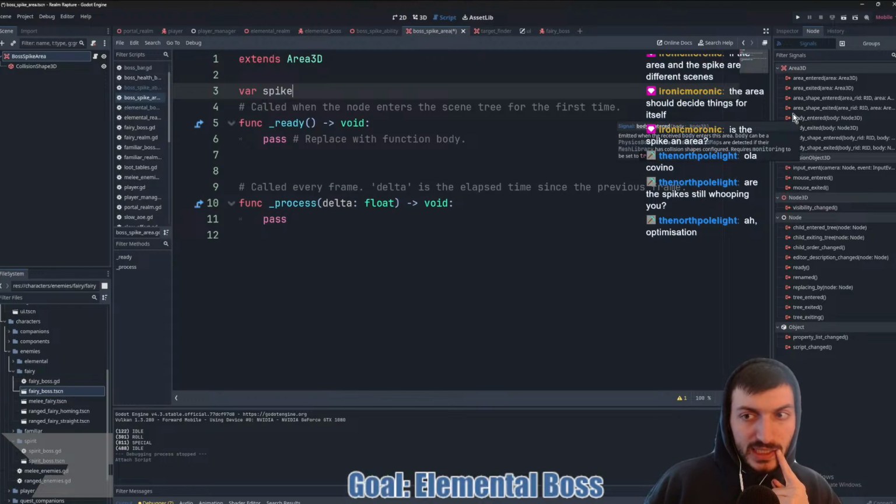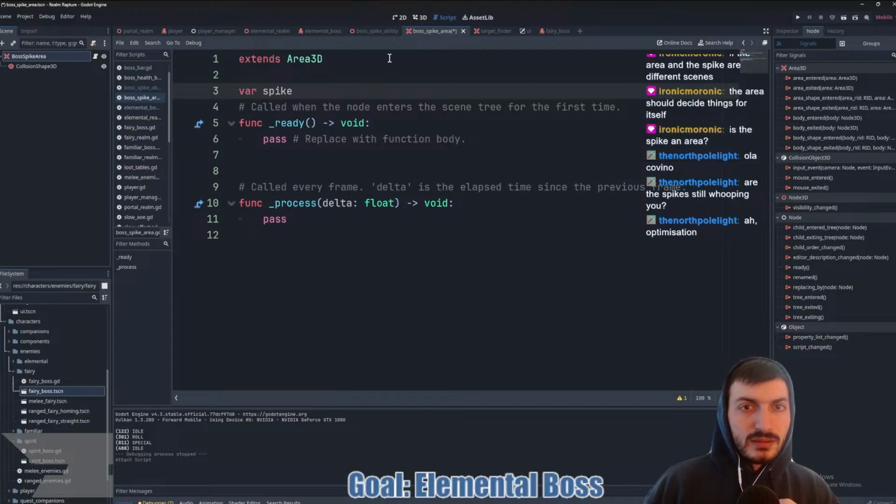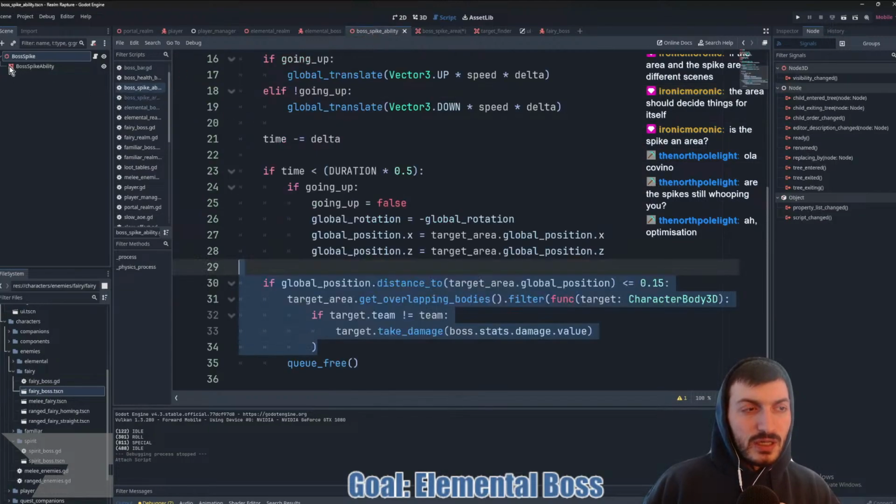Because we don't want body entered, do we? Probably not a body, because a mesh instance is not a body.